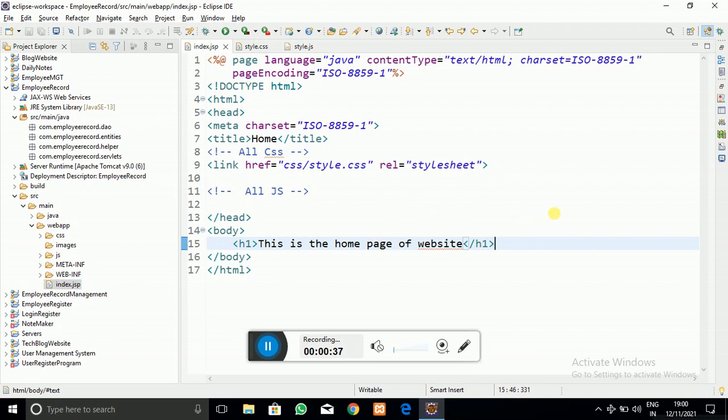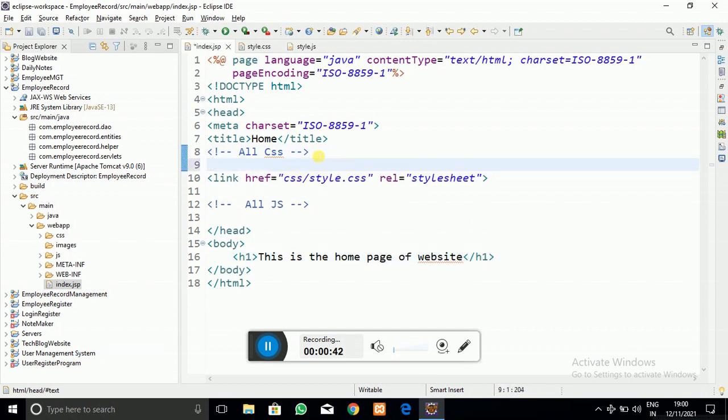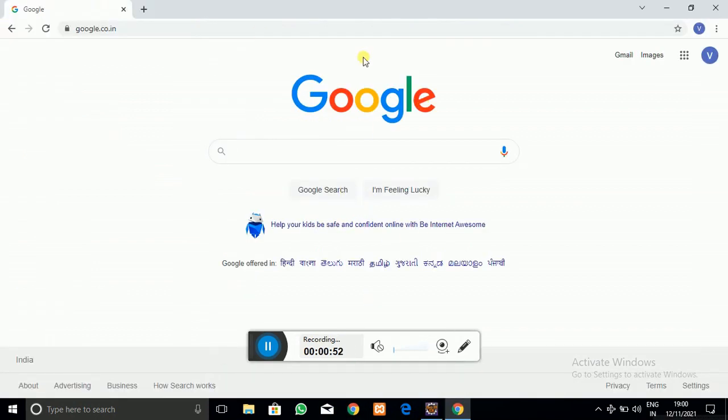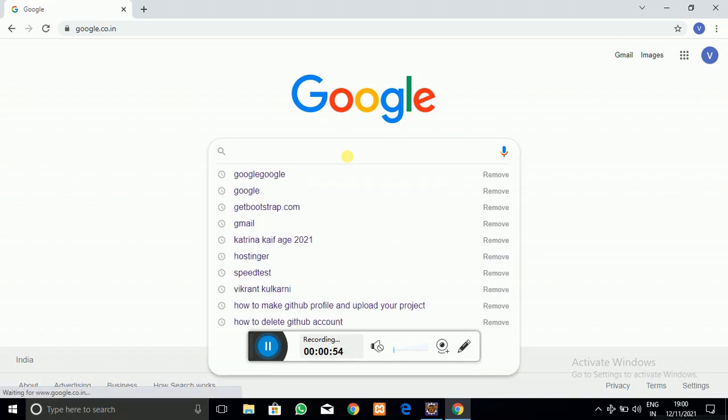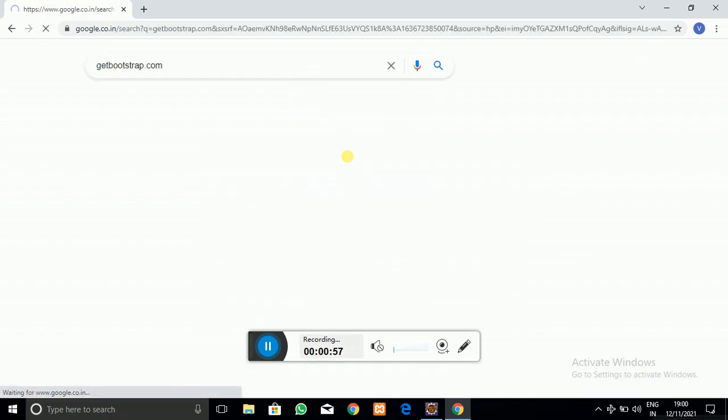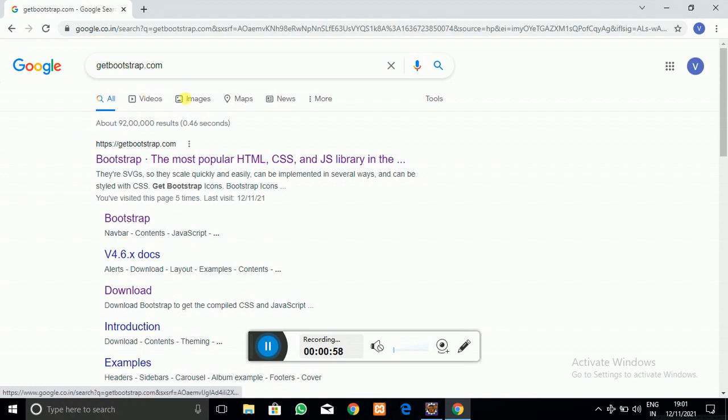So here you can see this is the index.jsp page, and here I have added our custom CSS, which is our own CSS which we have created. Now I am going to add the Bootstrap framework, which is a very important framework for website designing. So let's go to getbootstrap.com, the official website of Bootstrap.